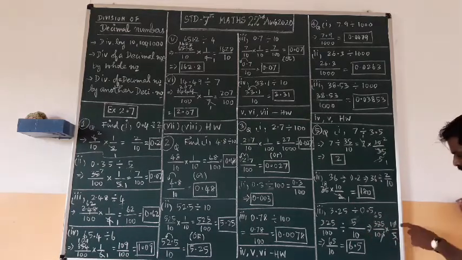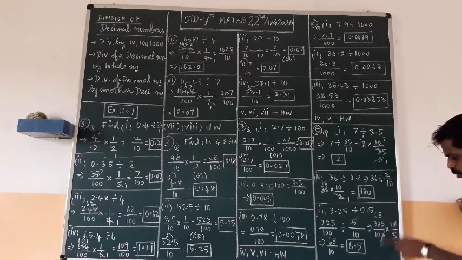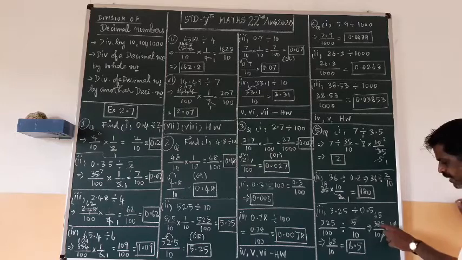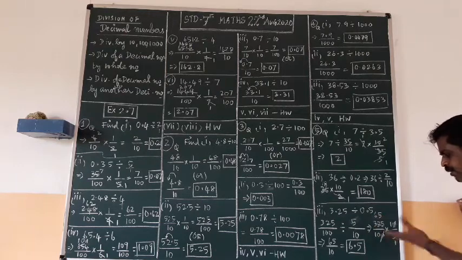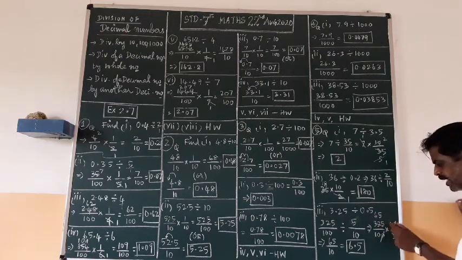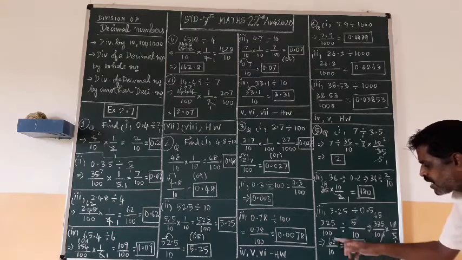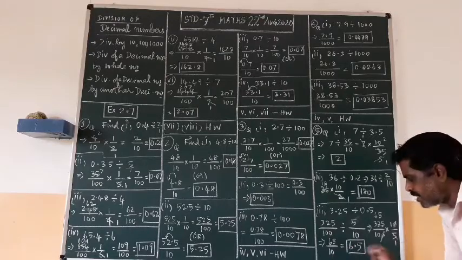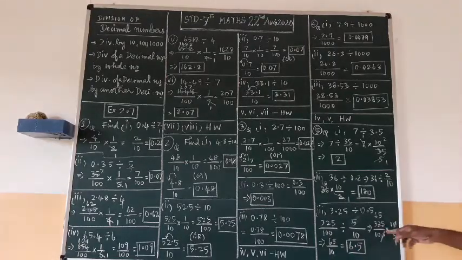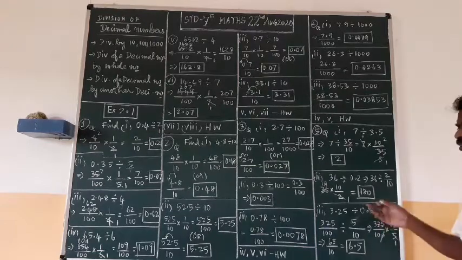Now simplify. Here 1 0, here 1 0 will cancel. In 100 in 10 and 1 1 0 cancel. 5 can divide this 325. How many times? 6 times 30, 2 remainder, 5 times 25. So 65. What is remaining number now? 65 into 1, 65. 10 into 1, 10. See 65 upon 10. So 1 0 is there. How many digit you have to move for decimal? 1 digit. So 6.5. So up to this one today we will complete, and tomorrow we will continue with the other problem.